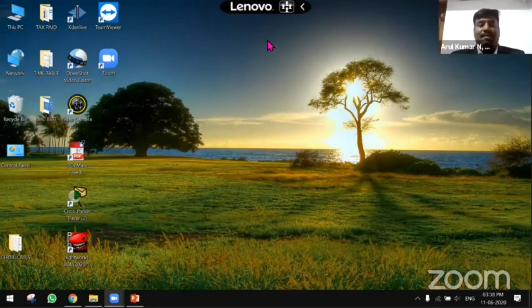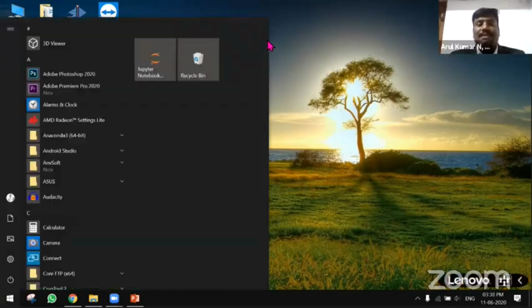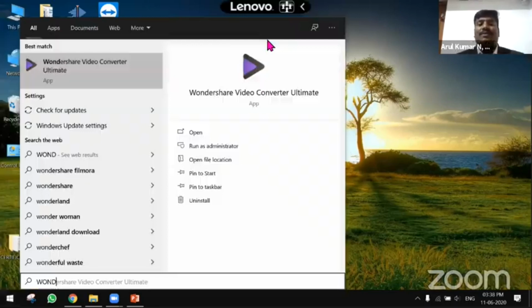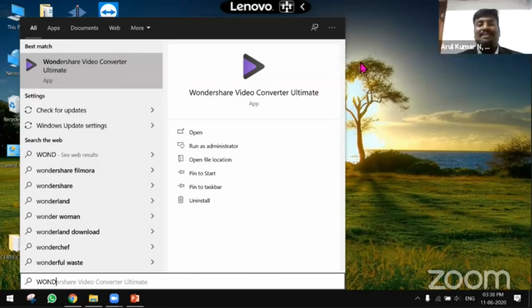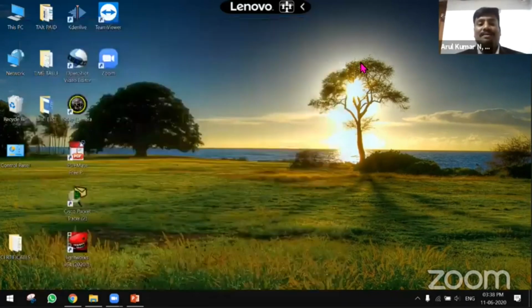So I'm using this particular Wondershare video converter. It's a paid one. So I never suggest that you go for compression of your videos. If you are going to compress the video or audio, you have to accept that definitely you will lose the quality. The Wondershare is part of Filmora, yes. It's a paid one. That is why I have not suggested this for the participants.